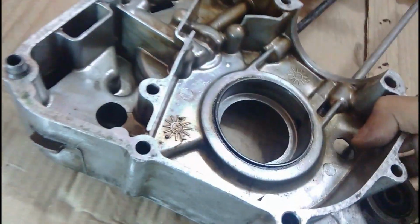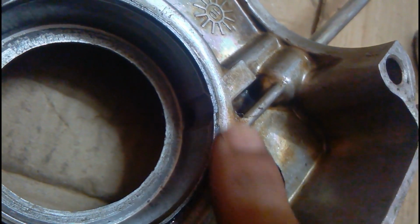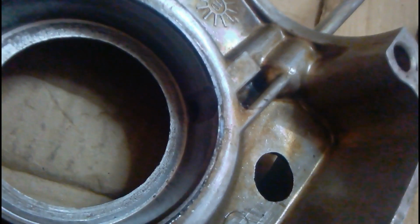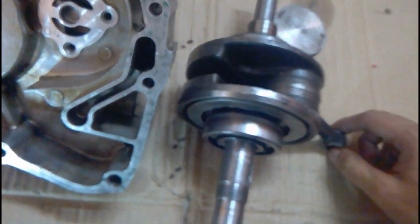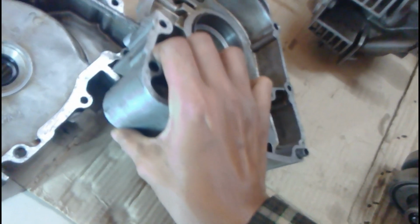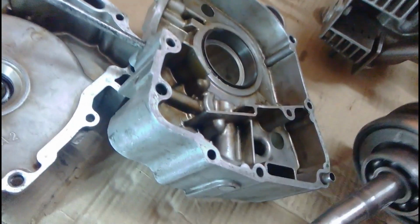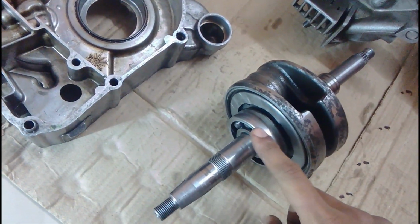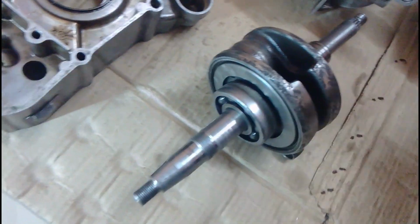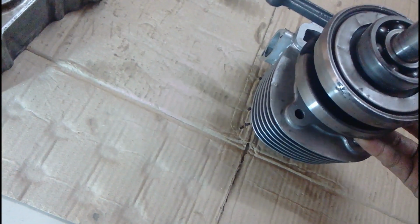Now there is a small notch or a groove cut into the bearing housing, and it creates a gap between the bearing and the housing, from where the oil gets squirted out. After the bearing is fitted, it makes a small gap from where it squirts. You just saw me pointing out where the timing chain fits in the crankshaft. This is how it fits in here. As it fits in here, you can see the oil gets squirted from the edge of the bearing, which lubricates the bearing, and you can see inside of the crankshaft there is a metal plate that is a little bit hammered because it was repaired before,